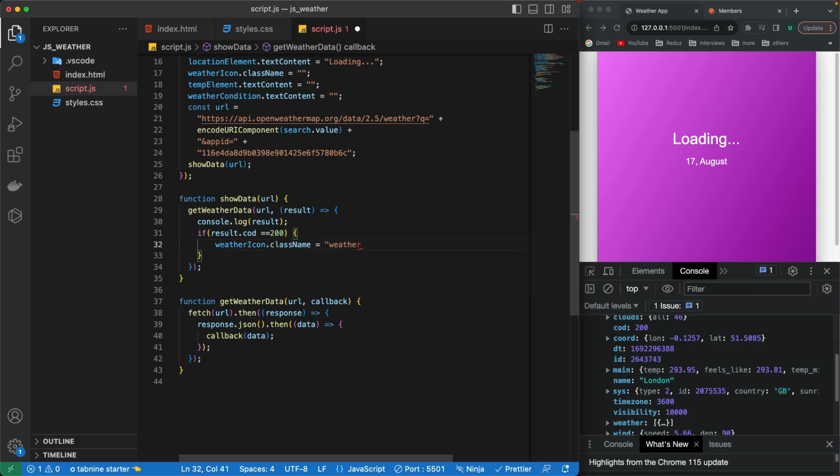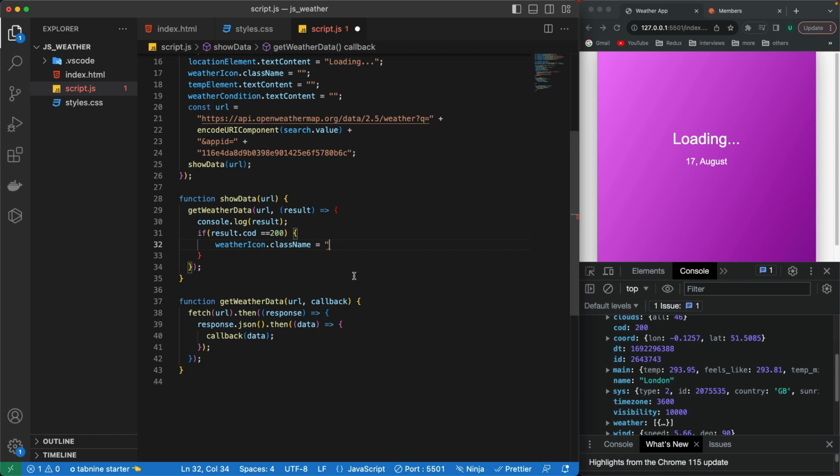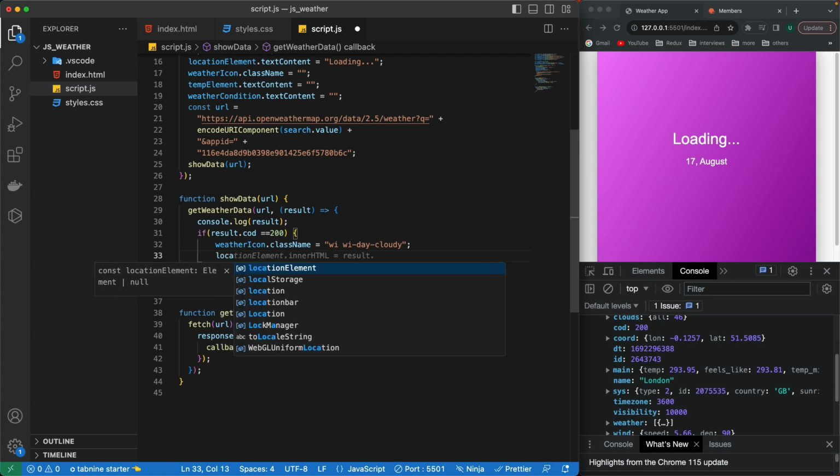I can add the class name, and this icon is provided by these styles, which we have already loaded. This one recommends that we use the classes to change the icons. So wi, and it's always going to be day, and then cloudy. All right, and once we have filled up this class name for the weather icon, let's add the location element,